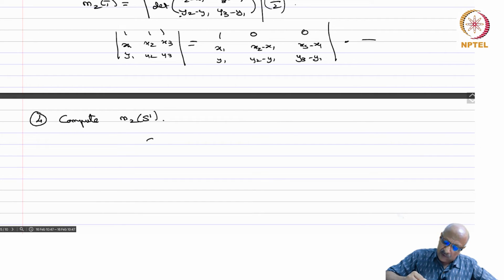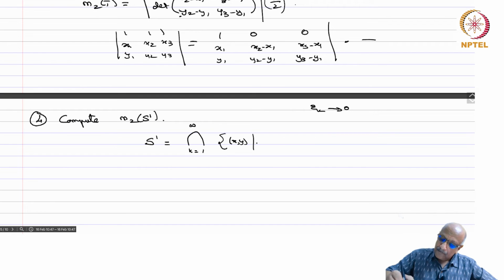So S1 is nothing but the intersection over k equals 1 to infinity, it doesn't matter, with epsilon k tending to 0, of the set of all (x,y) such that x square plus y square is less than or equal to 1 plus epsilon k,